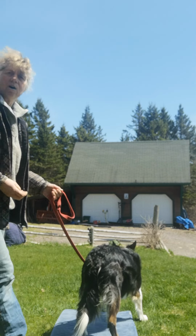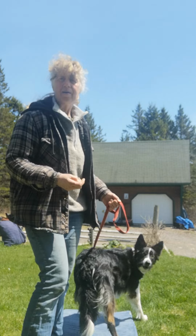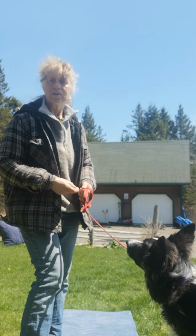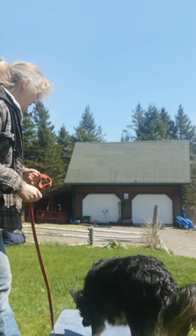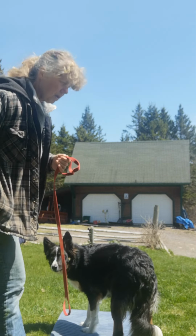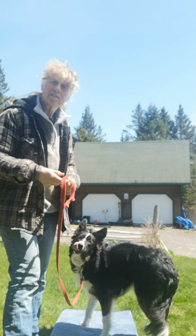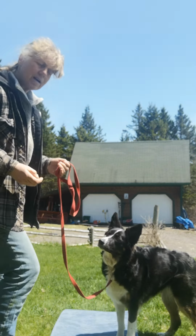So you're going to do that over and over and over again. Every dog's different. Obviously, if you've got a very treat motivated dog, it's really going to help. Yes. Good. So once you've done that, you're going to start adding some distance, because what I find in class